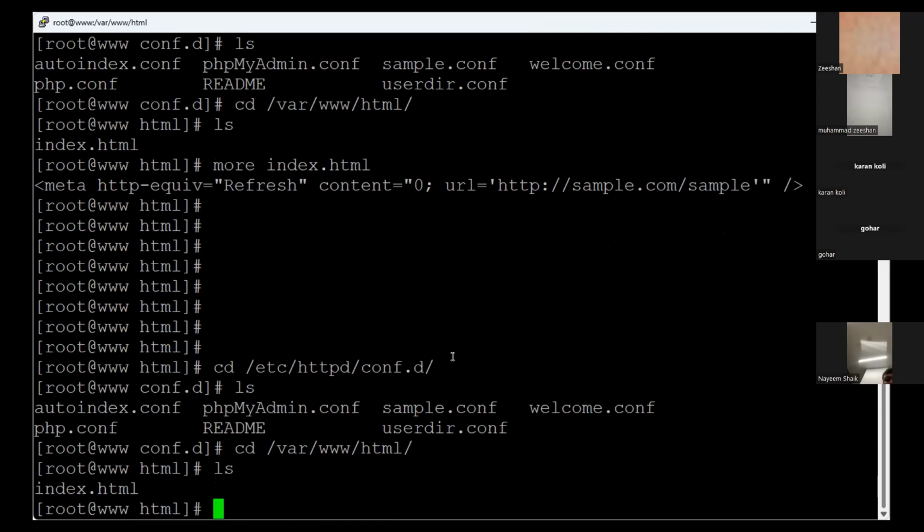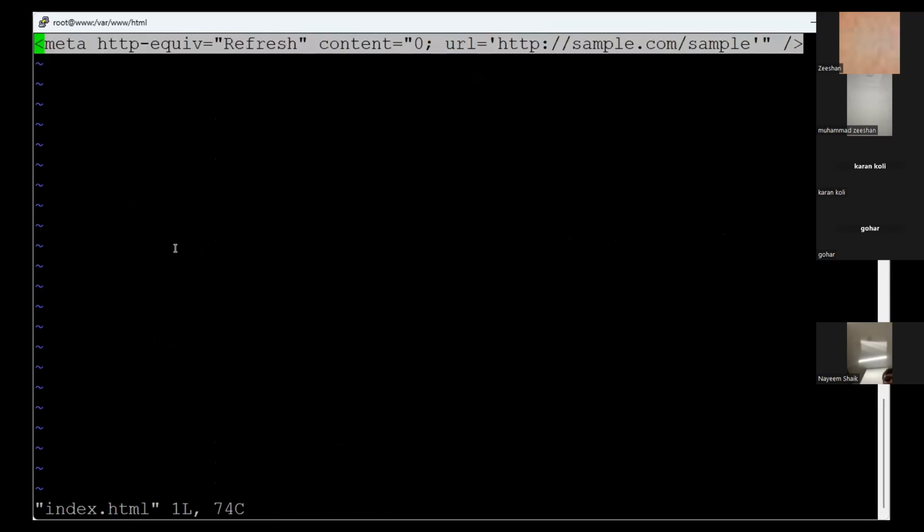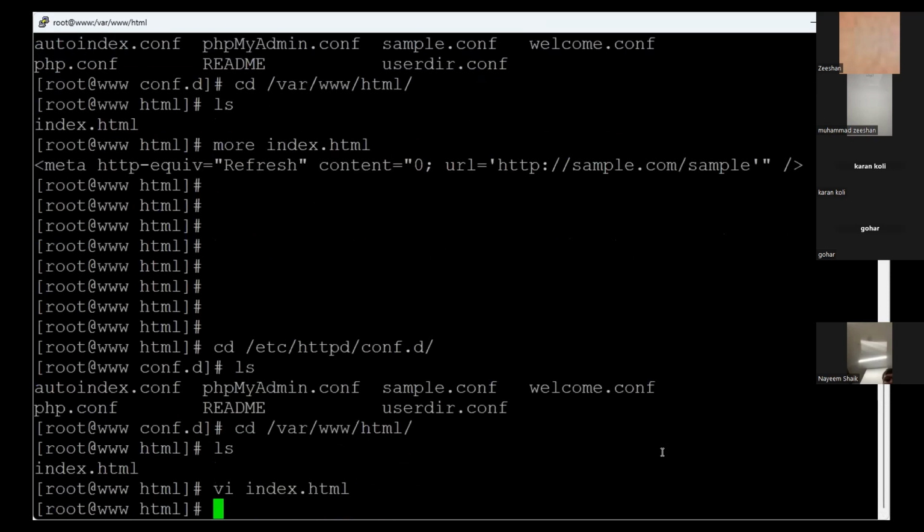And there is an index.html page placed in it. So the index.html page is, let's say, just ignore this. Let me in fact delete it, and I am saying hi there. I'm just saving it. So if I go to the browser